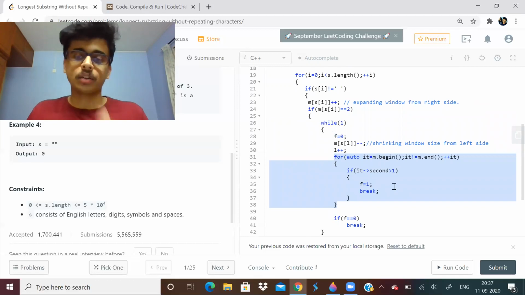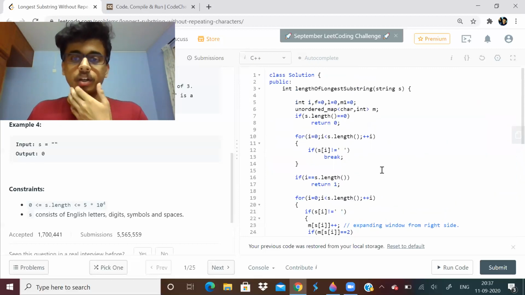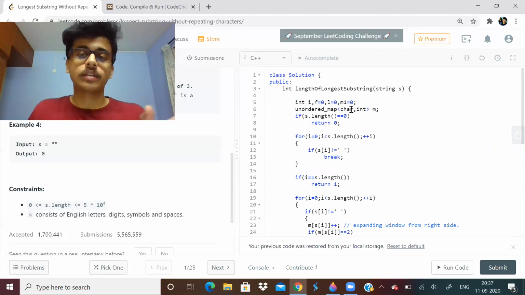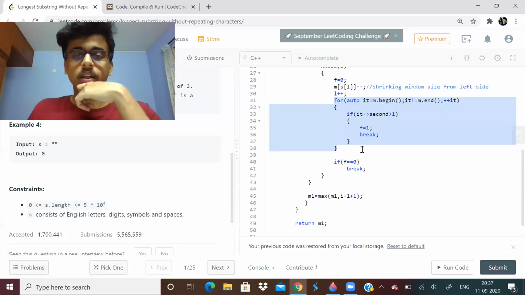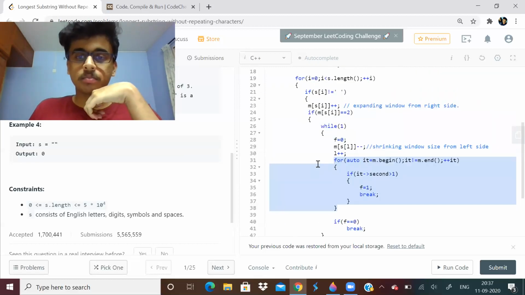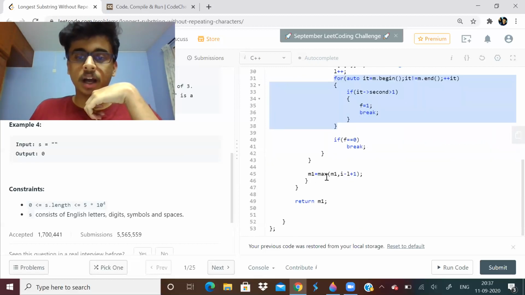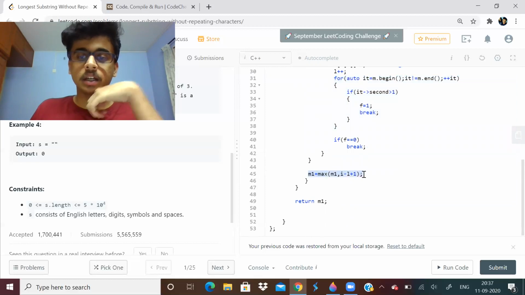I'm just trying to find whether an element has a frequency greater than 1. IT of second is the frequency, right? Because my map is char and int. It will record the frequency of the character. And outside this while loop, I will be recording the maximum length as and when it changes.